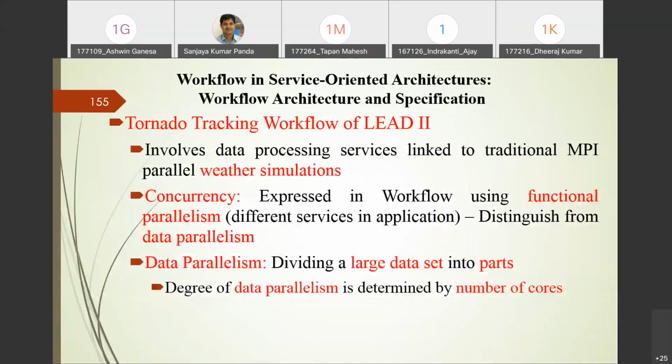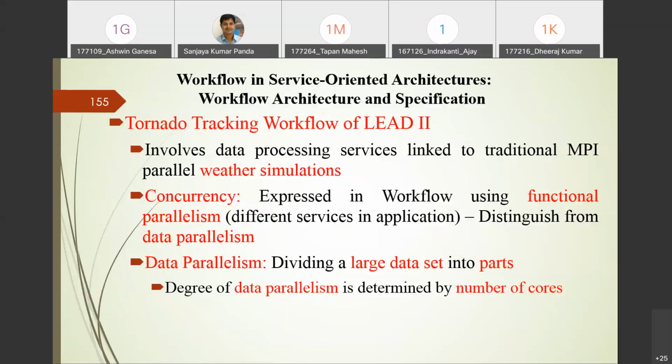Now, the second system, you can say, is the tornado tracking workflow of LEAD2, another real-life application. It involves data processing services linked to traditional message passing interface programming, that is MPI programming, for parallel weather simulation.